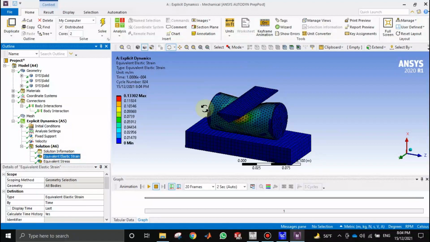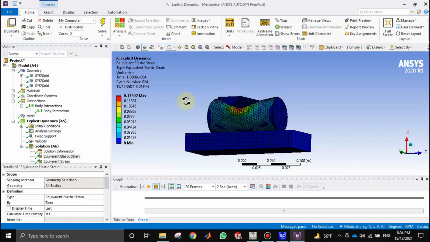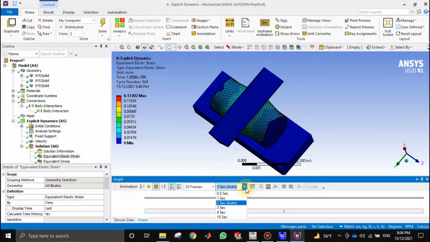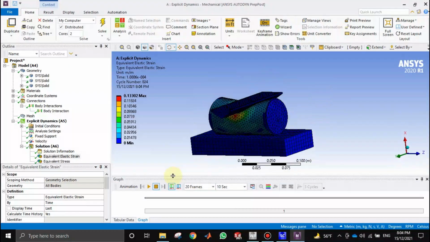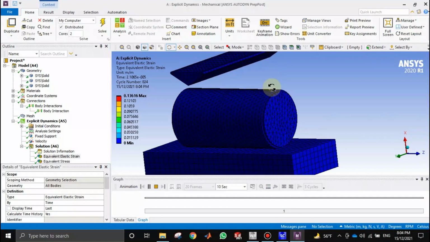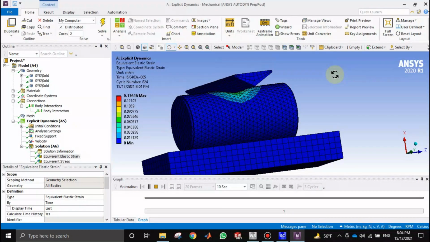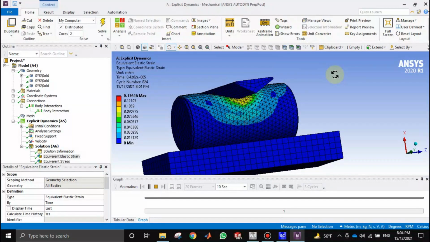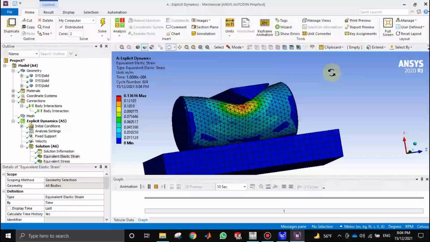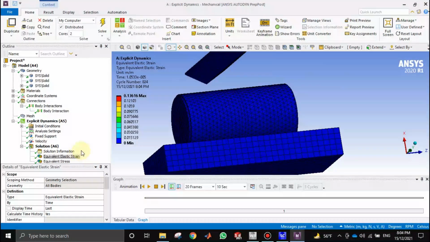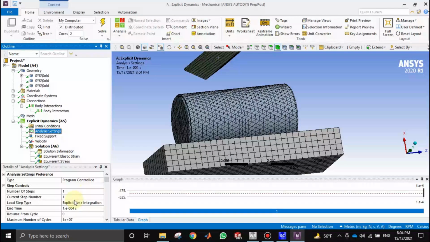Let's see what do we have here. First of all, let's check elastic strain onto the system. Set our time period to 10 seconds and 20 frames, and let's see the animation here. We can further increase the time period of the analysis again.